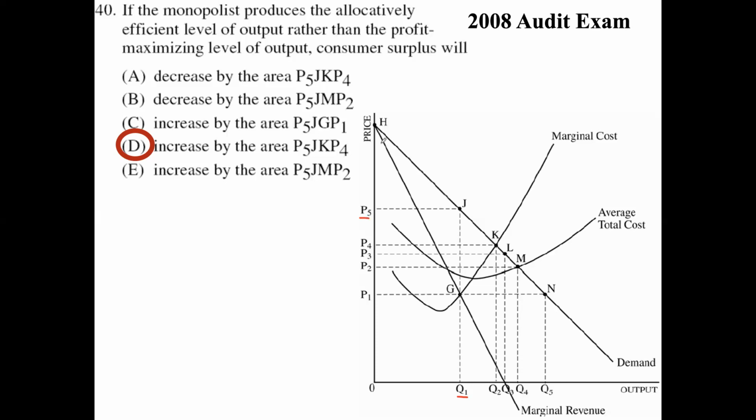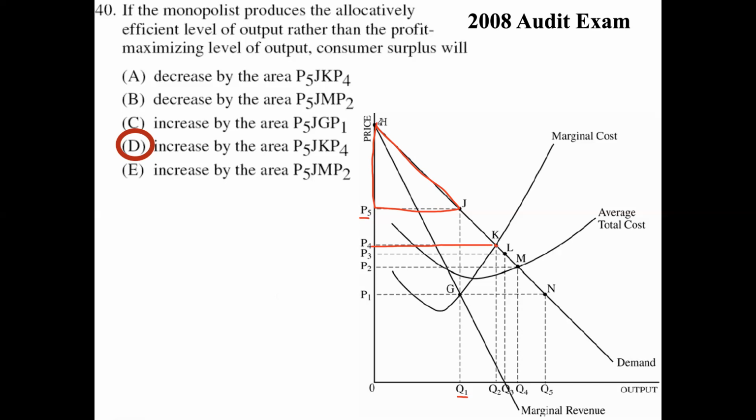Where's consumer surplus? Consumer surplus is the difference between what consumers are willing and able to pay and what they actually pay. So the starting consumer surplus would be here in the red triangle. Okay. If the firm instead moved to producing a socially optimum level of output, could be because of a price ceiling, could be for whatever reason, if they choose to do that, what would they do? Well, we would find that socially optimum output level at Q2, which is at this intercept, because that's where price equals marginal cost. If this firm produced at that level, then the price would then become P4, and I'll choose a different color.